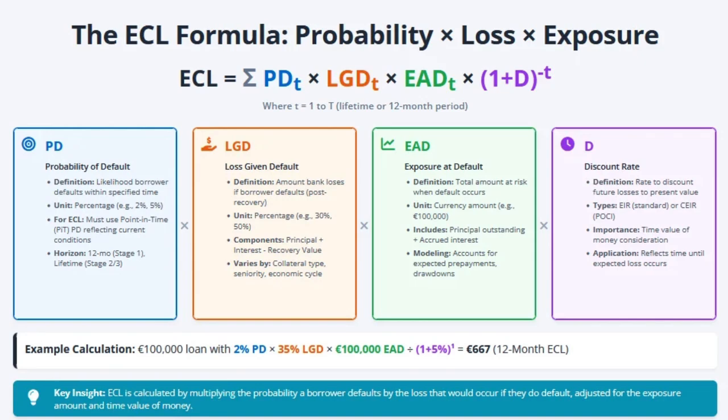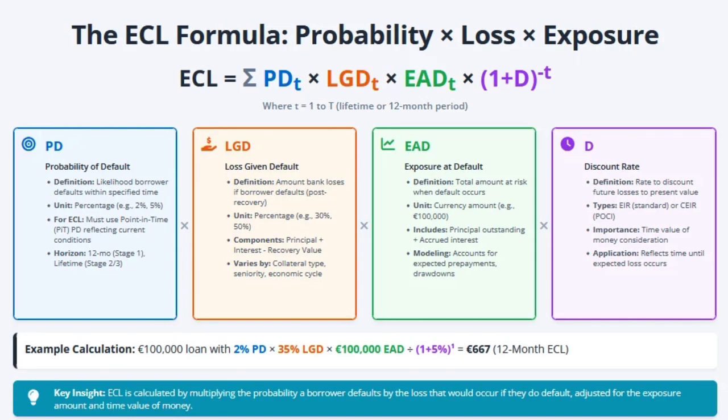Now let's understand how these ECLs are actually calculated. The most common methodology, and the one that you will see in banks globally and certainly in your interview questions, is based on three core components: probability of default or PD, loss given default or LGD, and the exposure at default or EAD. The formula is very simple, as you have seen. Along with that, there is a discounting factor D attached, which typically represents the effective interest rate.